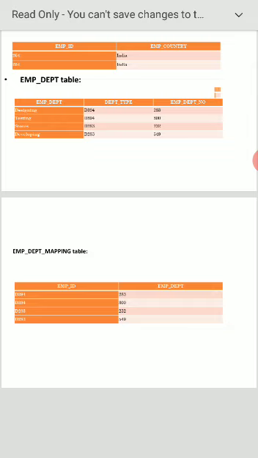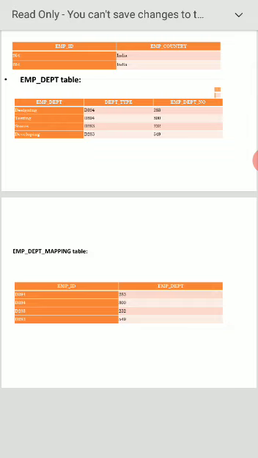Then what is the necessity of decomposition? Any normalized form, whether it is first, second, third, or Boyce-Codd normal form. Suppose you maintain a single table, it is very difficult to manage. When it is decomposed into subtables, we can easily maintain it and easily extract the information.